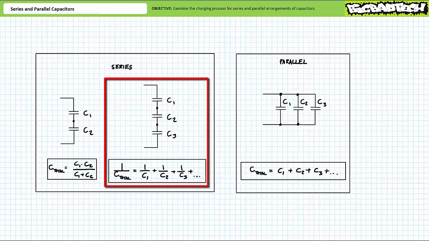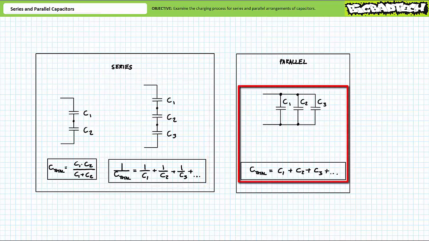If you're presented with a series combination of 3 or more capacitors, 1 over the total capacitance is equal to 1 over C1 plus 1 over C2 plus 1 over C3, and so on. Finally, if you're presented with a parallel combination of capacitors, total capacitance is equal to C1 plus C2 plus C3,